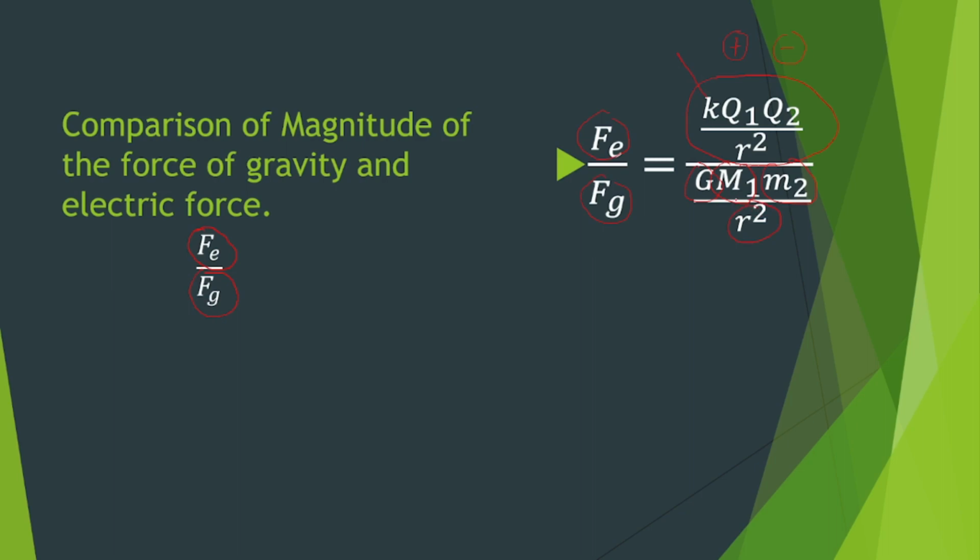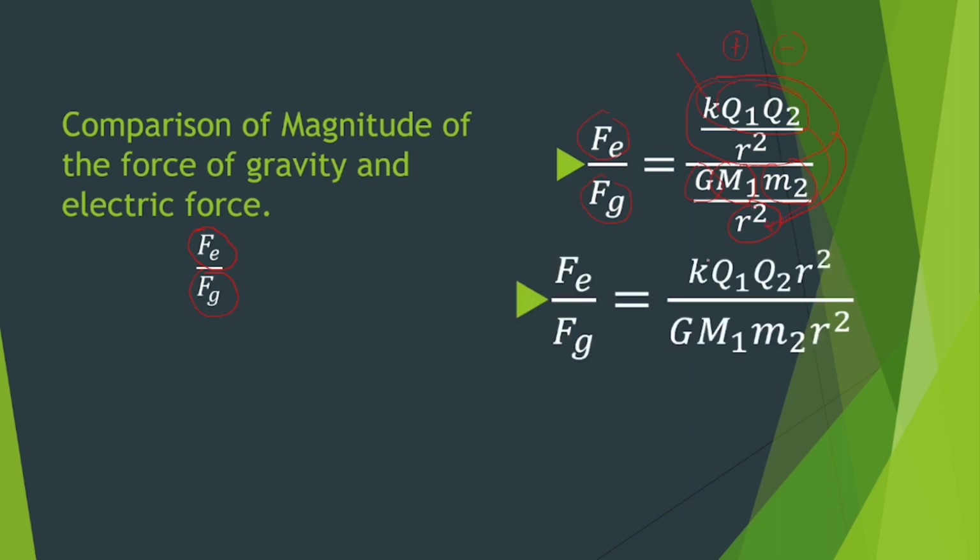Alright, so let us simplify this formula by multiplying the numerator. So this part should be multiplied to the denominator and create the new numerator, which is K times Q sub 1 times Q sub 2 times r squared, and the denominator of the numerator times the numerator of the denominator. So that would create the new denominator, G times m sub 1 times m sub 2 times r squared. Alright, so I hope you follow that, and then you will see that r squared will cancel out